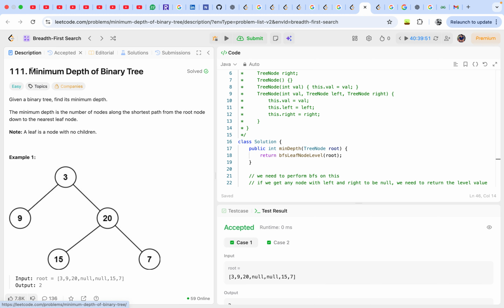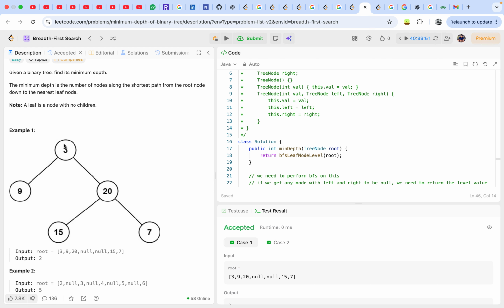So guys, today we are going to learn about minimum depth of the binary tree, LeetCode problem 111. Here we are given a binary tree. We need to find its minimum depth, actually, not the maximum. The minimum depth is the number of nodes along the shortest path from the root node to the nearest leaf node. So in the example, if you can see